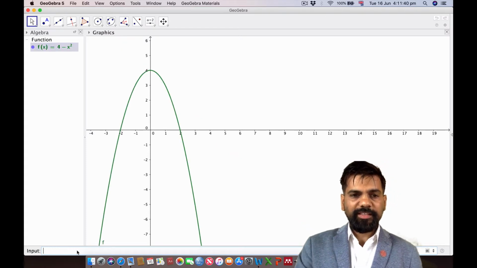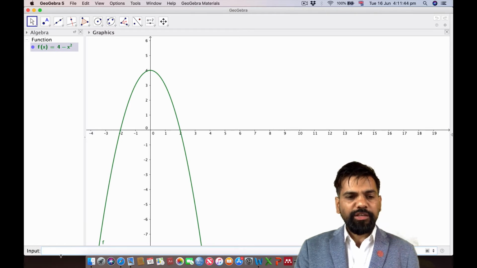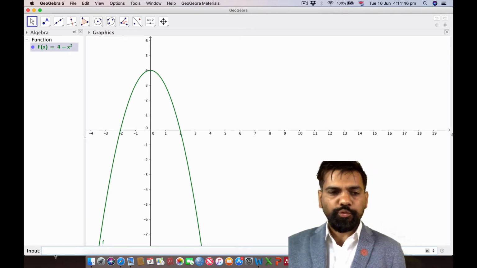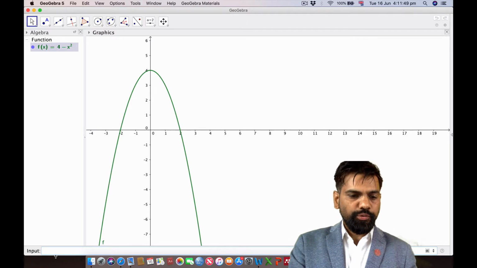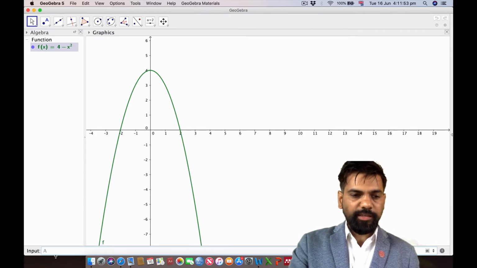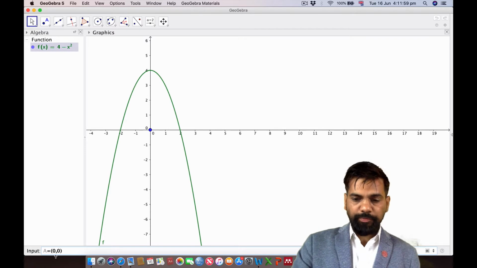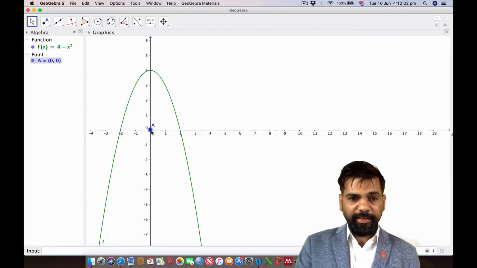This is the parabola which we see here, and now we need to find the area from 0 to 2. That means point A. Let's say point A is equal to 0 comma 0, because this is the origin, which starts from 0.